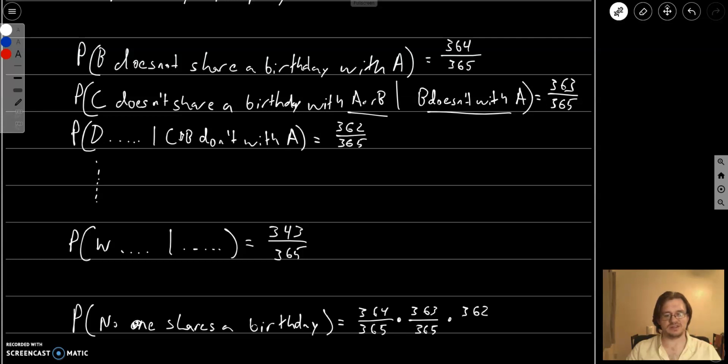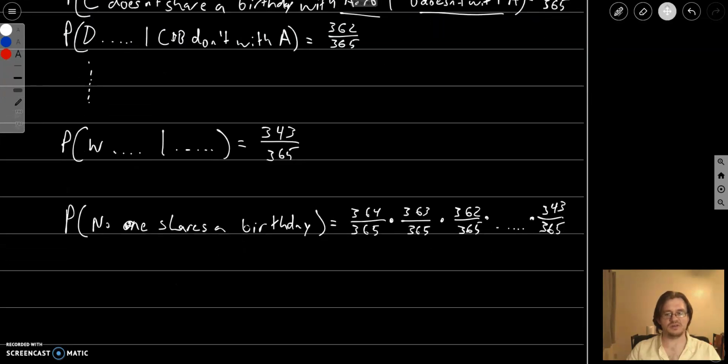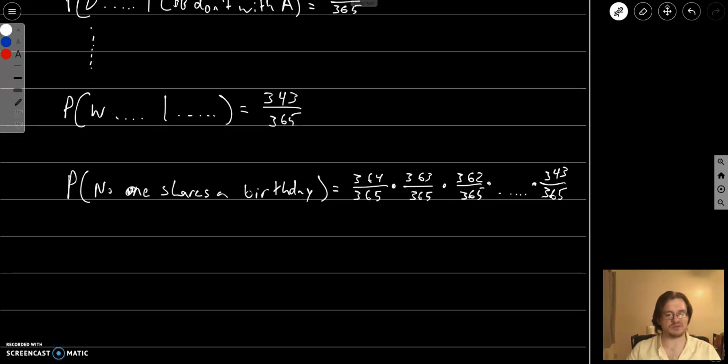So it'll be 362 over 365, and we've got a lot of numbers in here. All the way down to 343 over 365. And if you multiply all these numbers out, this is approximately 0.4973. So the probability that no one shares a birthday is about 49%, a little bit less than 50%, which